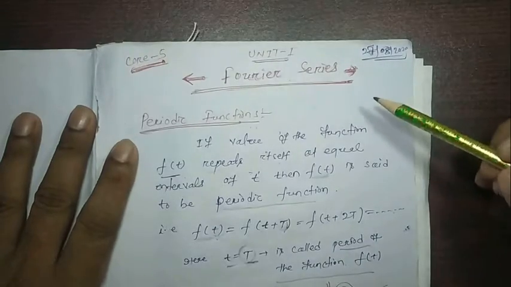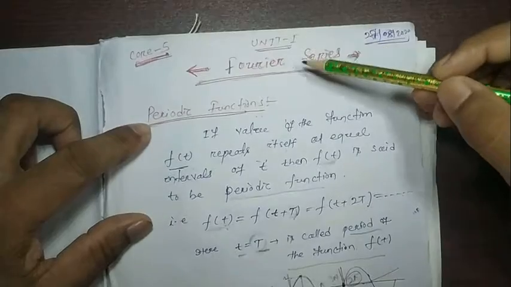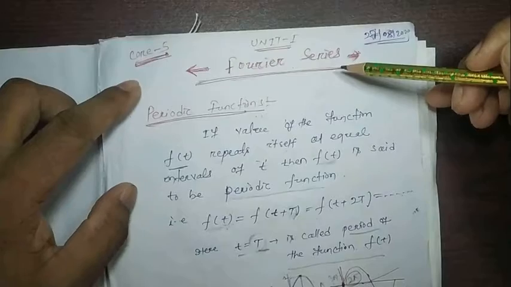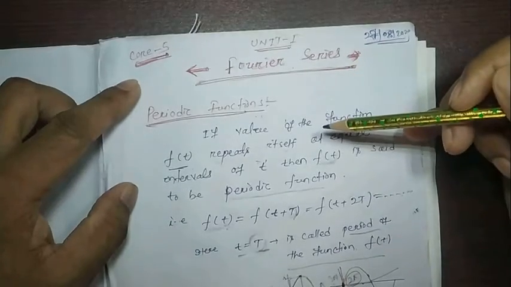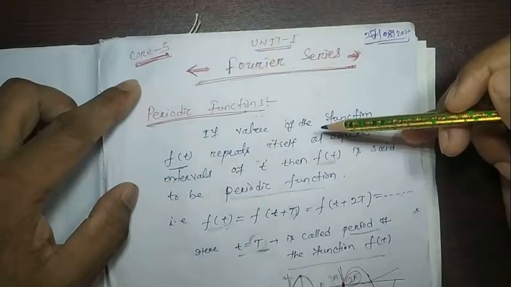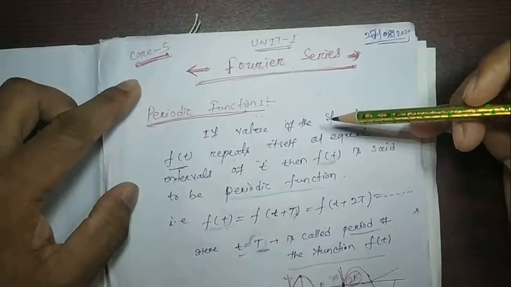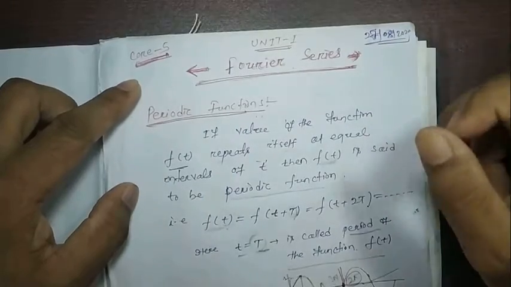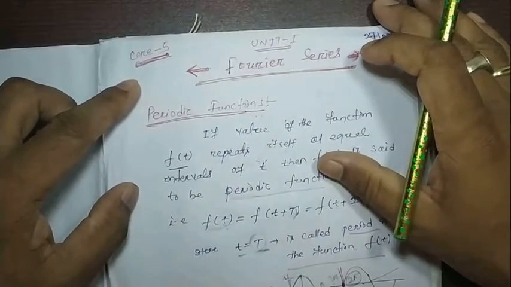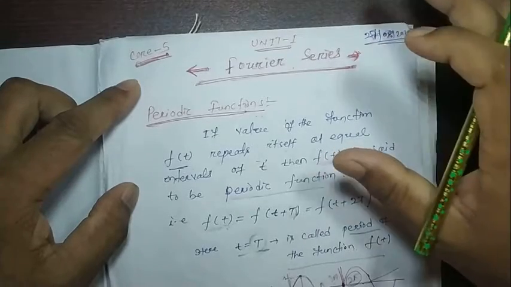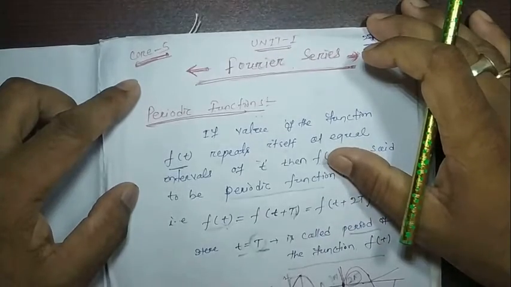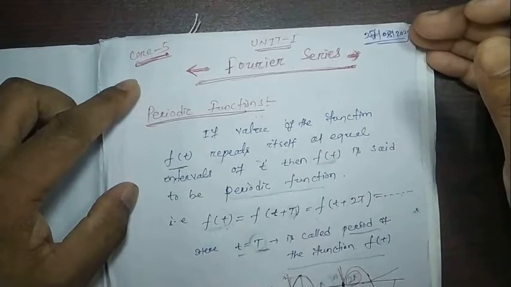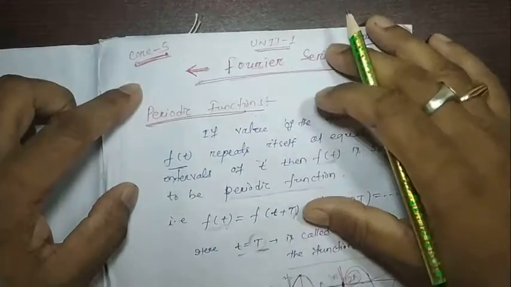We have just started your Unit 1, that is Fourier series, which belongs to Core 5, that is Mathematical Physics. In this unit, we specifically need integration by parts very much. So I suggest to all of you that you practice integration by parts whenever we start the problem parts of this unit.